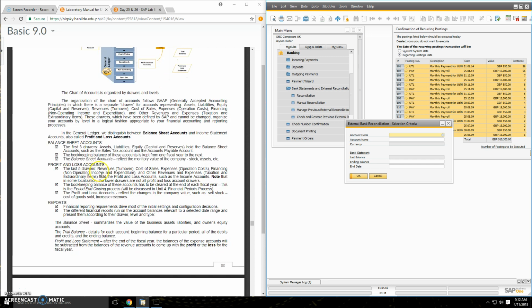Profit and loss accounts. The last five drawers: revenue, turnover, cost of sales, expenses, operating costs, financing and non-operating income and expenditure, and other revenues and expenses, taxation and extraordinary items, are all profit and loss accounts, also called income accounts. Note that in some localizations, the lower drawers are not all profit and loss account drawers. The bookkeeping balance of these accounts has to be cleared at the end of each fiscal year. This period-end closing process will be discussed in Unit 4, Financial Periods Process. The profit and loss accounts reflect the changes in the company value, such as sales, stock, cost of goods sold,